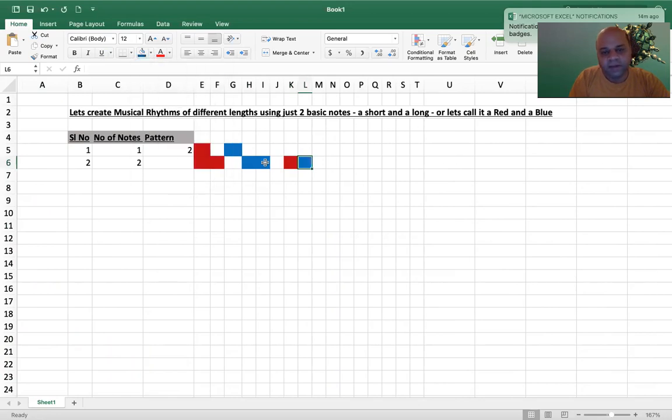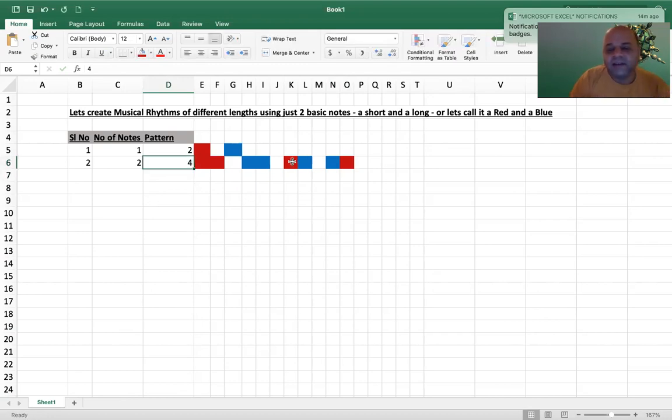This is one type of rhythm. Or I can start with blue and then follow it with the other. See, these are the four possibilities. So this music will sound different: both the short ones, this one will also sound different, and this one will also sound different. This will sound similar but slightly different from the other one. So you are getting four patterns.